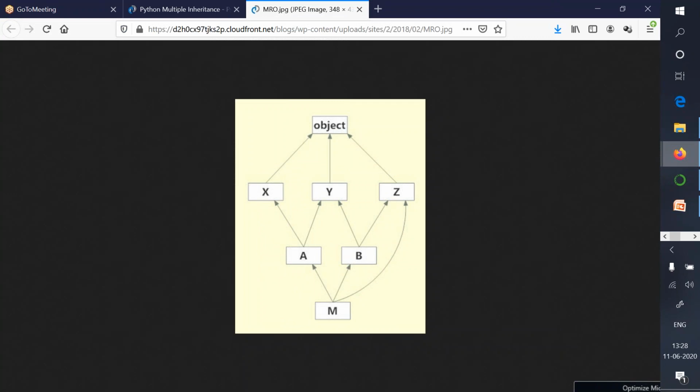Have we looked at this inheritance hierarchy order? It looks very complicated: X, Y, Z inheriting from object, then A getting inherited from X and Y, B getting inherited from Y and Z, M getting inherited from A and B, and M is also getting inherited from Z.